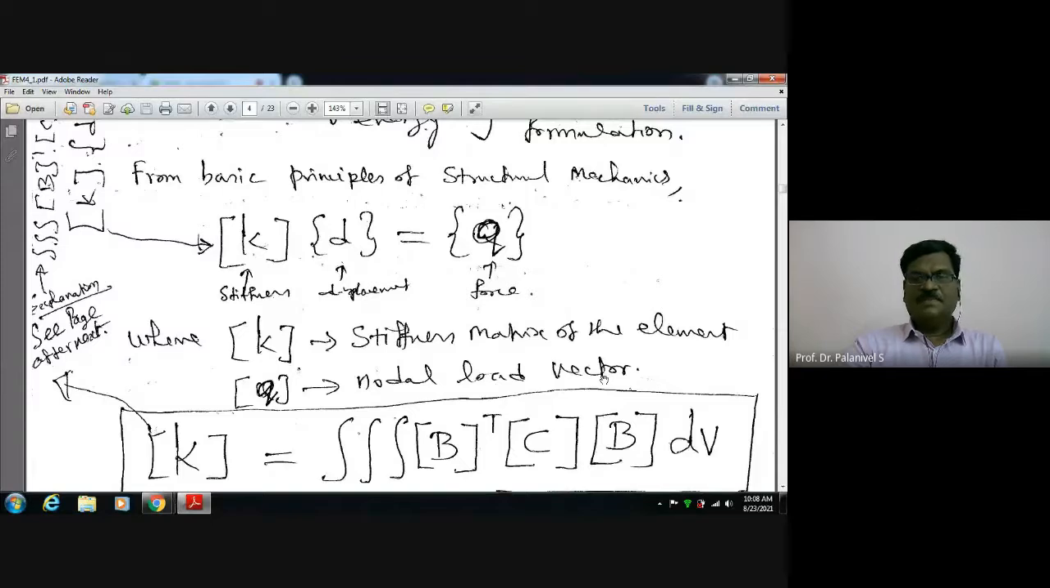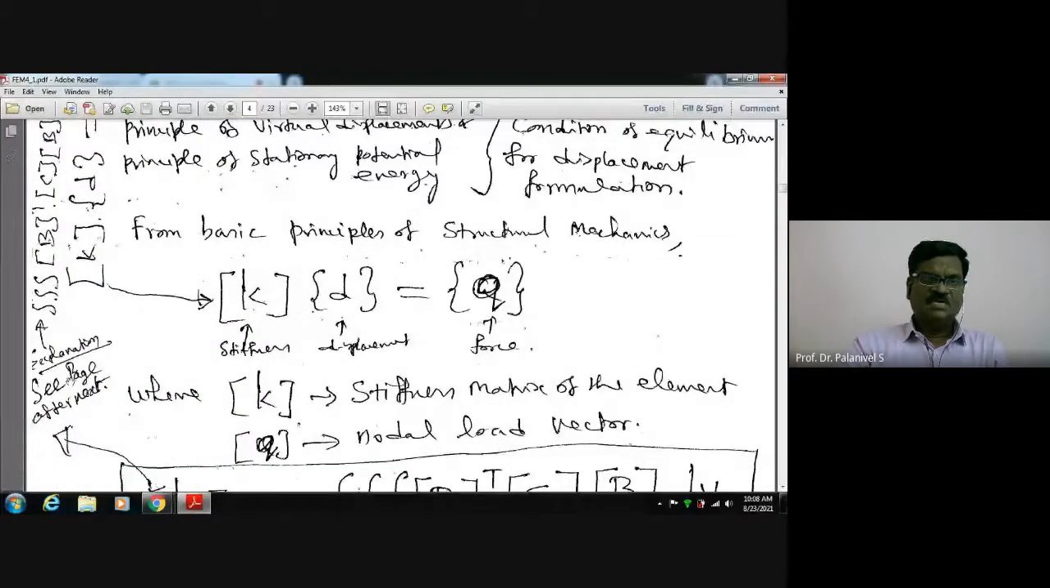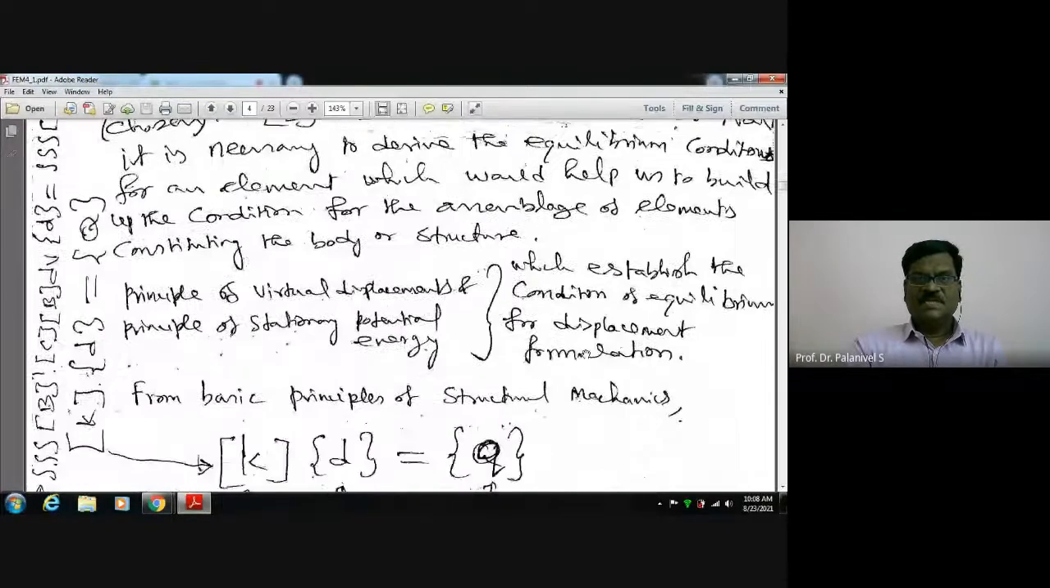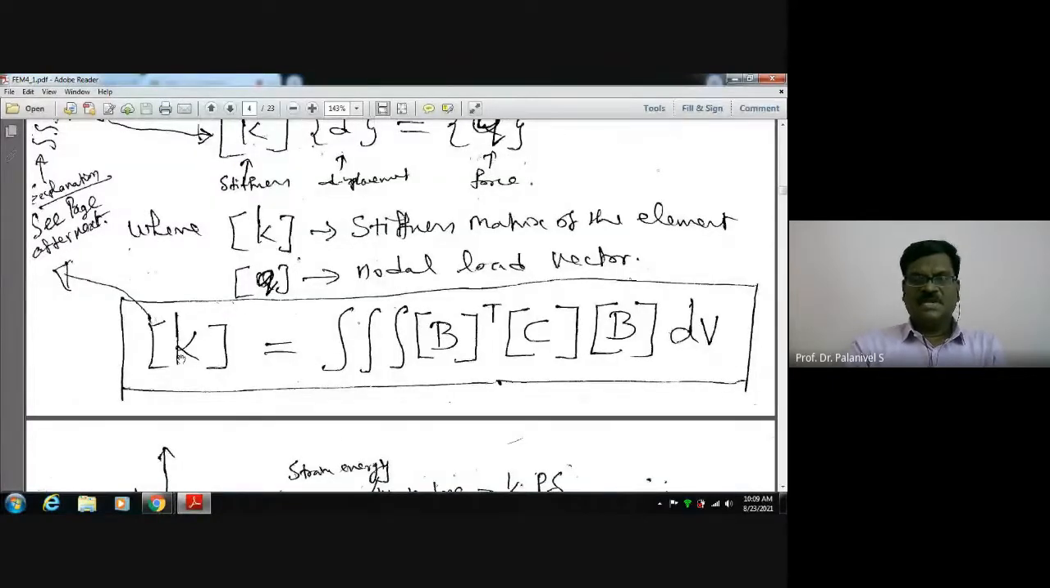Now, how do we obtain the element stiffness matrix? For that, some theory is there, which is going to be tedious and not necessary. I did not do the derivation. I will tell you only the final form, and I advise you to memorize it. For a three-dimensional body, the element stiffness matrix small k is equal to the triple integral, because it's a volume integral, of B transpose, that is the strain displacement matrix transposed, into the constitutive matrix C, into again the strain displacement matrix B,